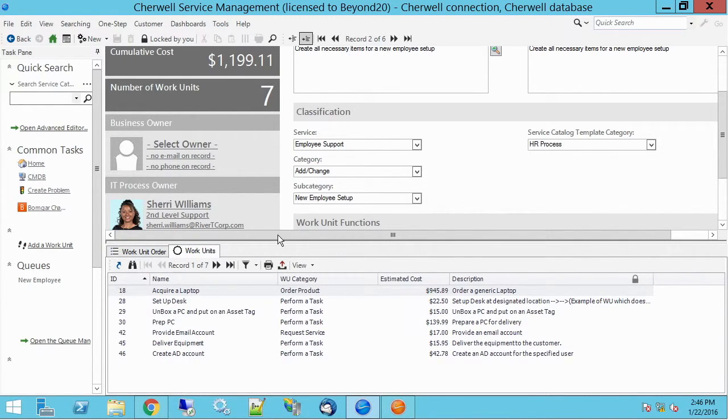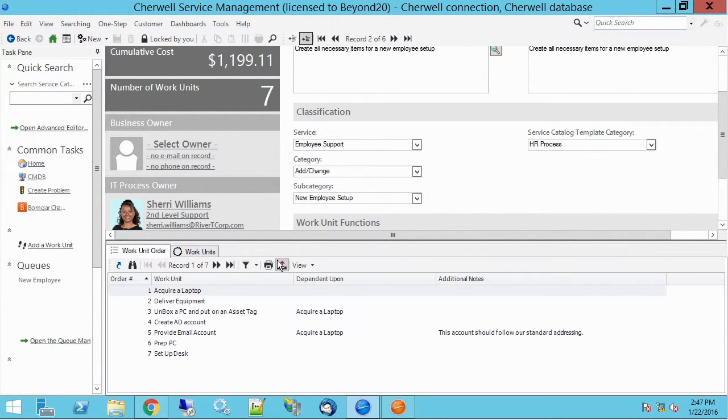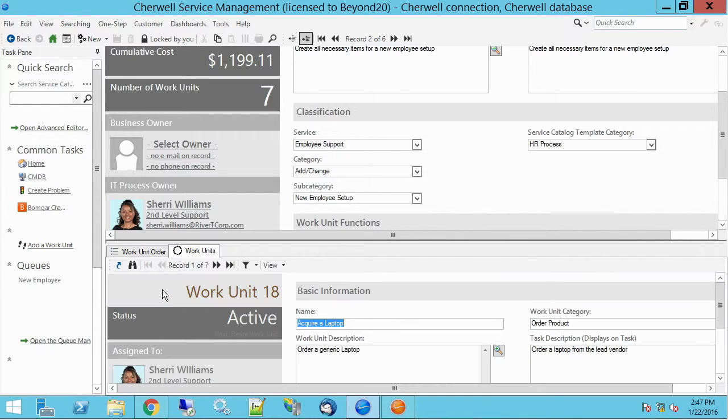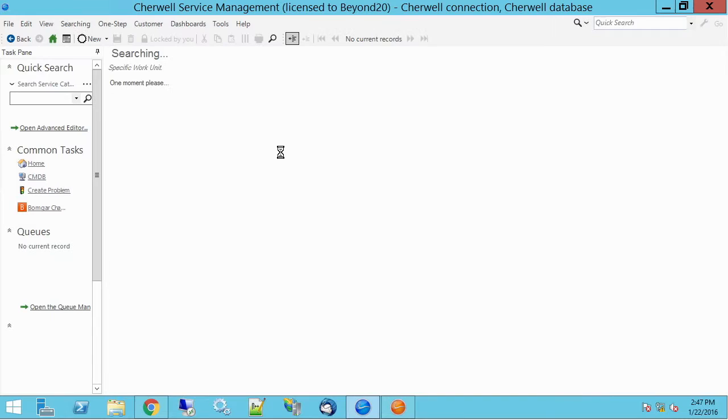These are sort of like tasks in a way, but you'll see that each of them is a piece of the fulfillment. So order a laptop, set up a desk, unbox a PC and put on an asset tag, prep the PC, email account, deliver equipment, create AD account. All of these are part of that service request. And in this tab, we have our work unit order, and you'll see that we have some control over the order in which those things happen. Very cool. Let's look at one of these in detail, and I'm going to make it the current record,